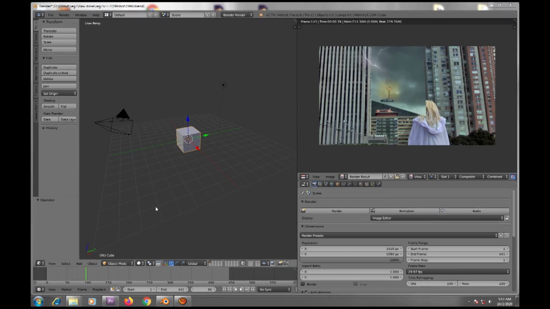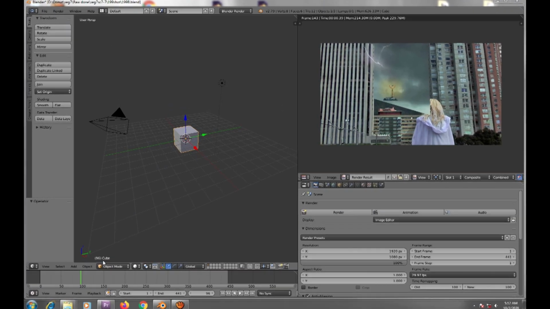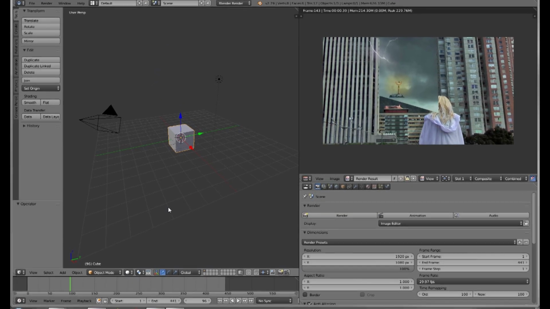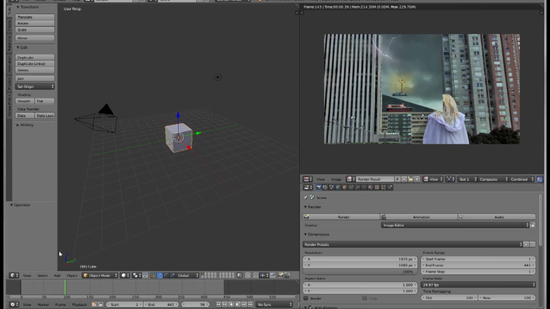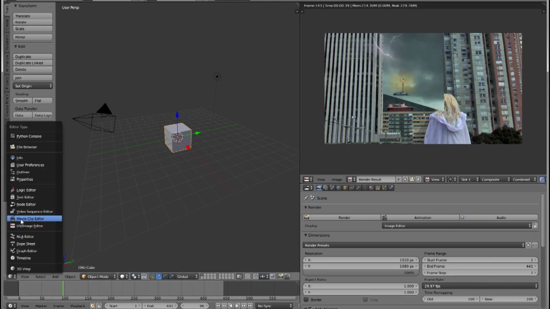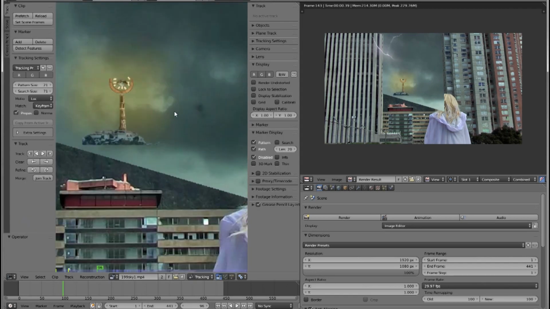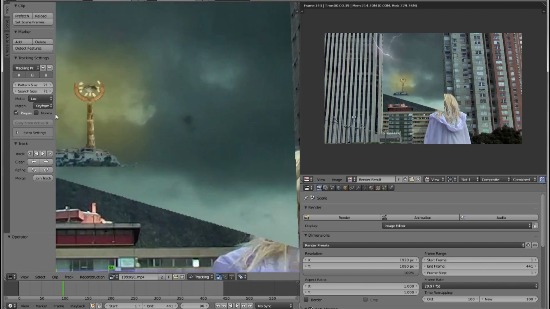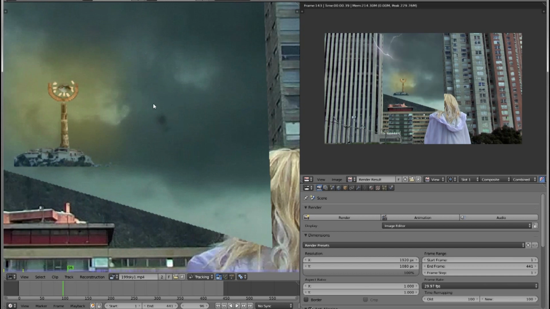Welcome to another Blender tutorial. In this one we're still in 2.79, I think, but it's basically the same for any other version. I'm going to my movie clip editor, where I have loaded this piece of video in, and the little problem I have here is this spot on the camera.